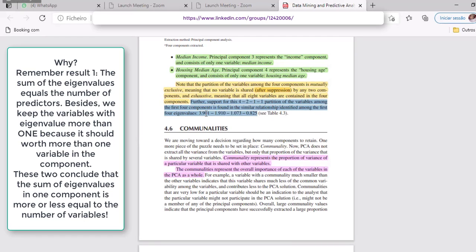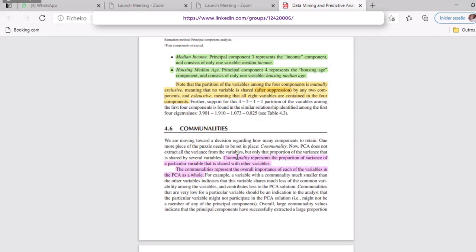I don't know if you have noticed this before: 3.9 relates to 4 variables inside component 1, 1.9 to 2 variables inside component 2, longitude and latitude. And 1, a little bit above 1, is related to 1 variable, which is income, and 0.8 to another variable, which is 1. So here we have all the same 8 variables, but only with 4 components